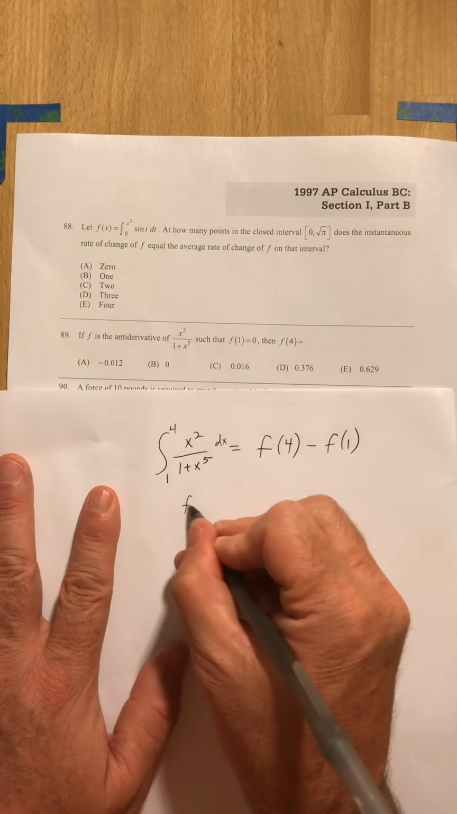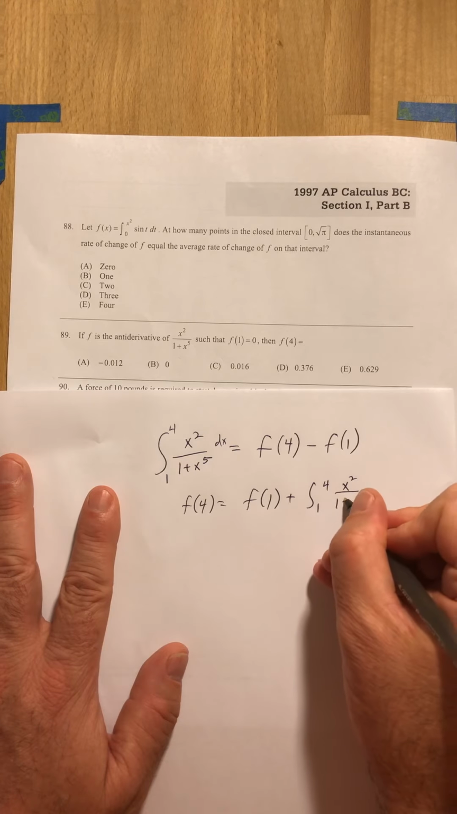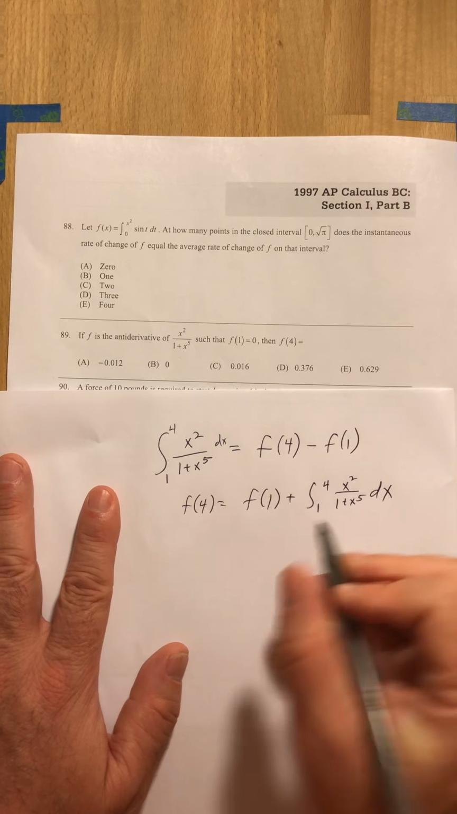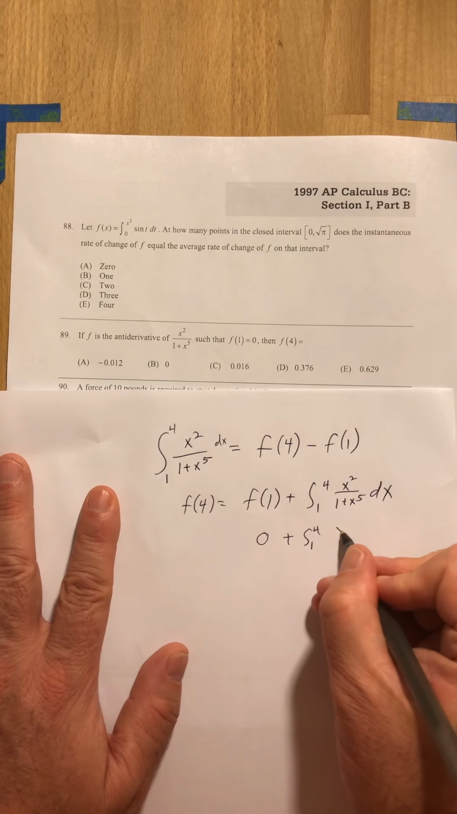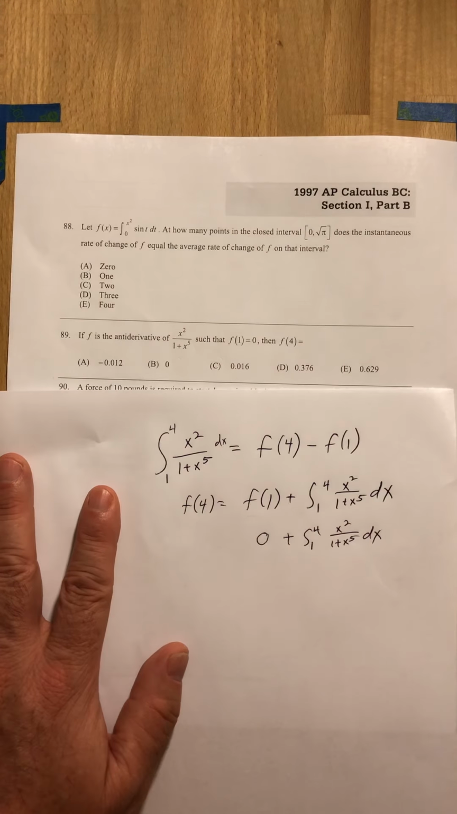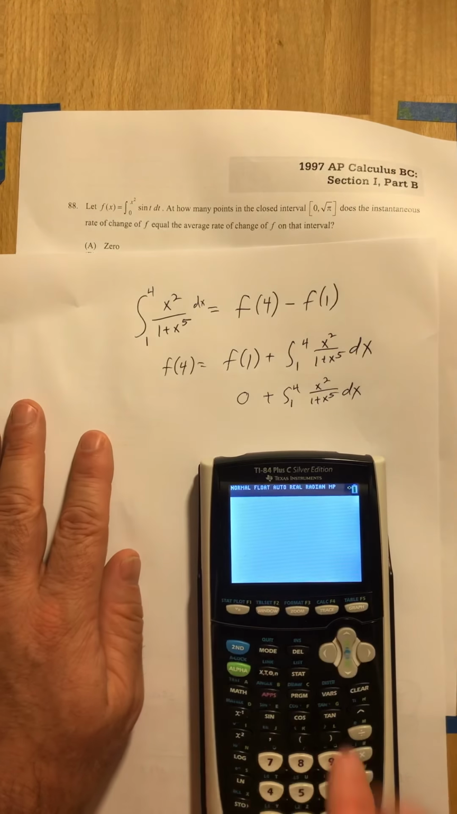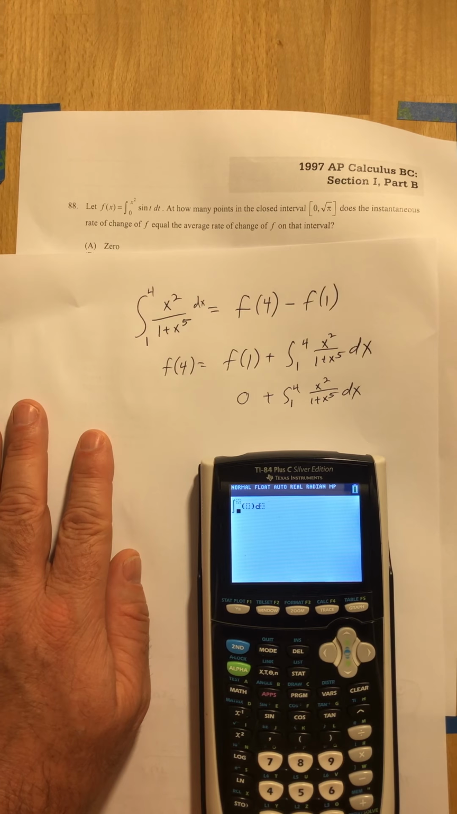Another way to write that would be that f of 4 is f of 1 plus the integral of its derivative, which would be x squared over 1 plus x to the fifth. F of 1 is given as 0, and so really f of 4 is just going to be this integral. You might try some methods on this one, but it turns out that the calculator is your best way to go. So I'm going to go to my Math 9 and type in the integral from 1 to 4 of x squared divided by 1 plus x to the fifth